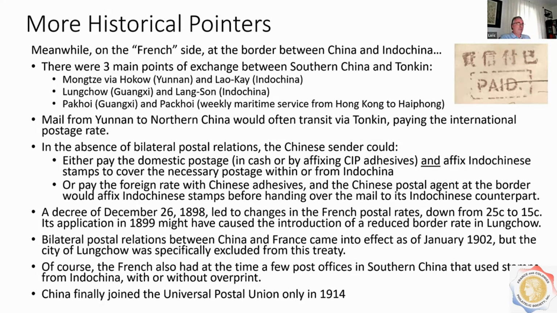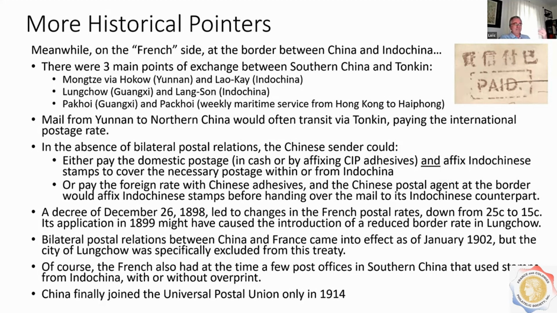There was a little bit further east, Longzhou in Guangxi, where the border town on the other side was Langson. And then we had still further east, and this time straight on the water, the city of Pakhoi,